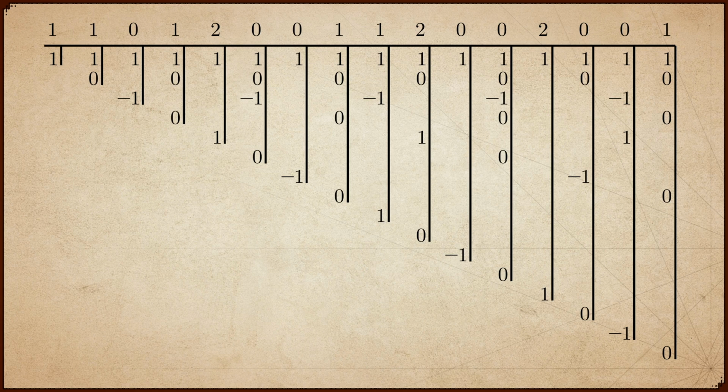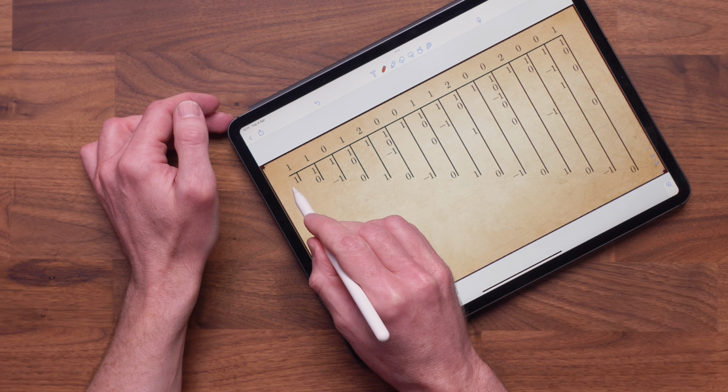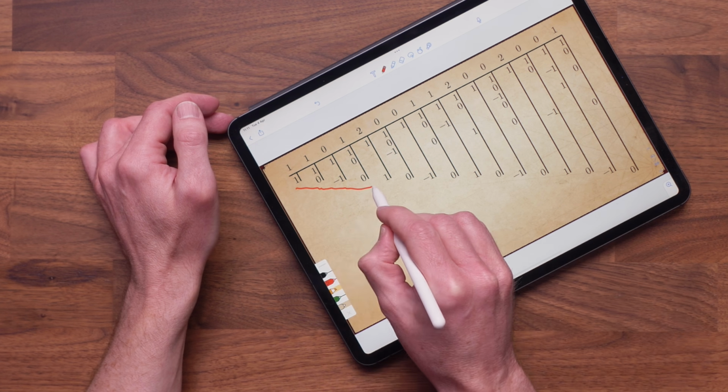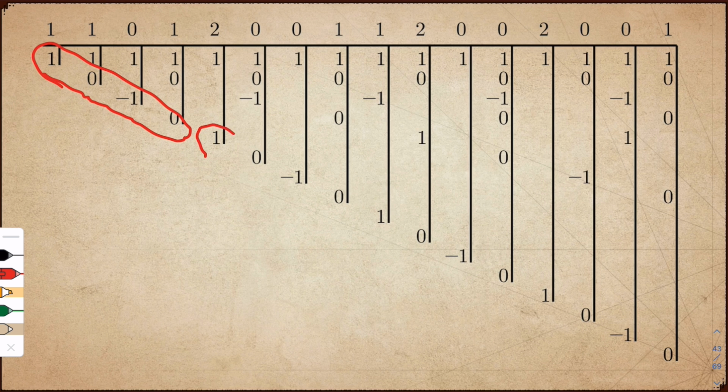Now, do you see a pattern? Look at the diagonal. 1, 0, minus 1, 0. 1, 0, minus 1, 0. This is it. This is the pattern. And I can now reconstruct the L function using this simple periodic or recursive diagonal, just by running everything in reverse.